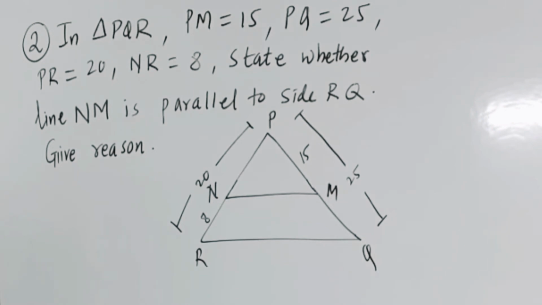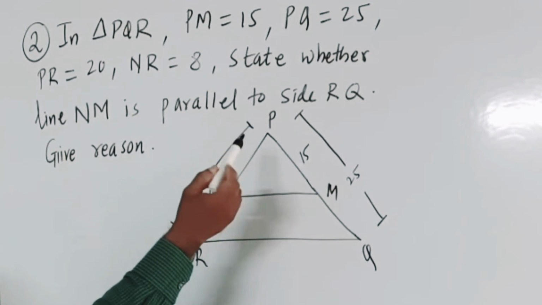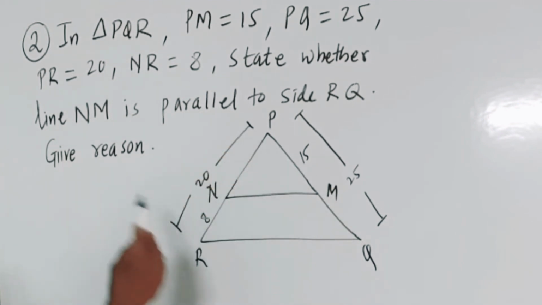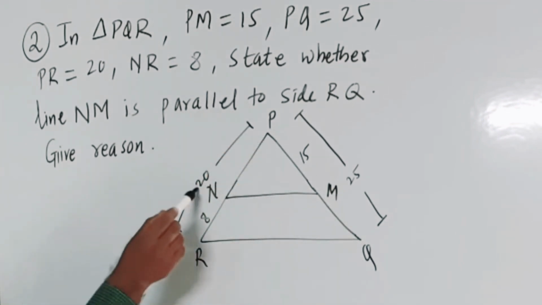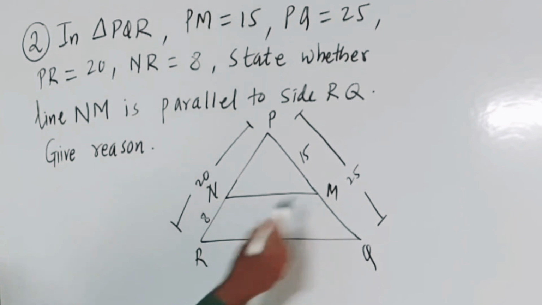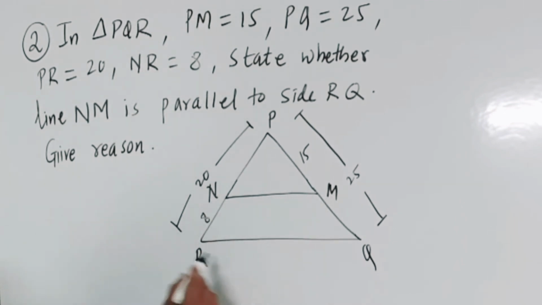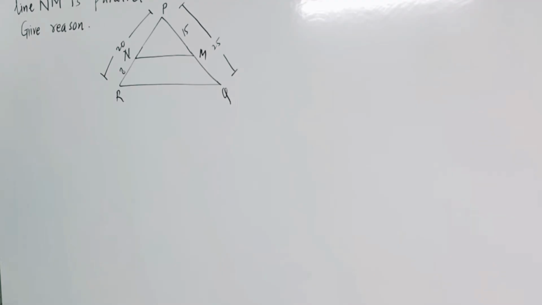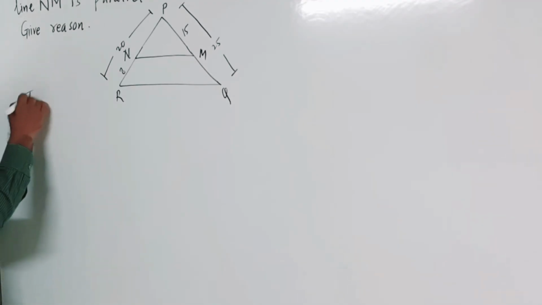In triangle PQR, PM is equal to 15, PQ is equal to 25, PR is equal to 20, NR is equal to 8. State whether line NM is parallel to side RQ. Give the reason. So let us consider triangle